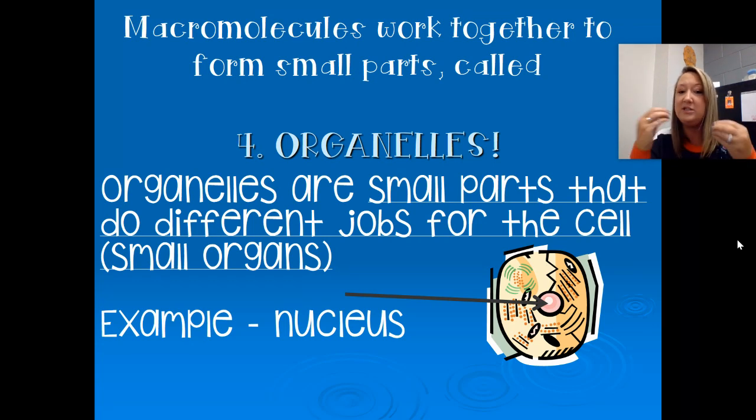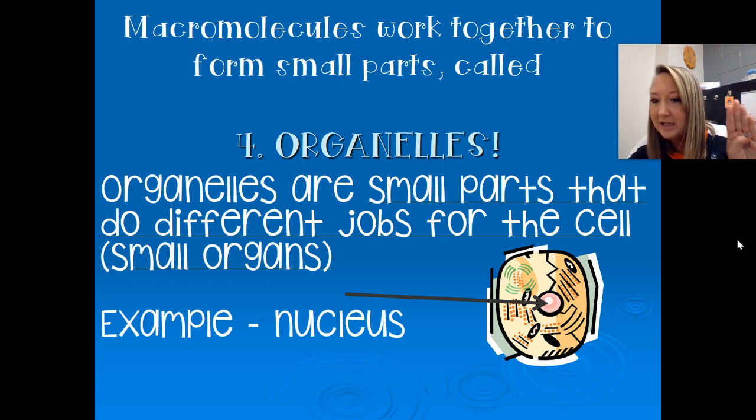These small parts that do different jobs, these little organs like the nucleus, like the mitochondria, like chloroplasts, things that have a specific job, right? You don't see chloroplasts running the show in the nucleus, or like the nucleus does, right? The nucleus runs the show because it has the DNA, those set of instructions for what the cell is supposed to do. So remember, we're starting with non-living things, right? Atoms, not living. Molecules, not living. Macromolecules, not living, right? Organelles, not living. They can't survive on their own, right?